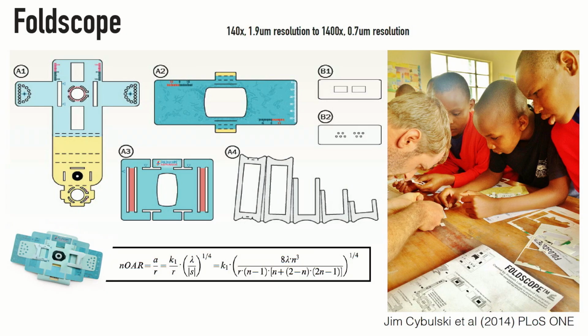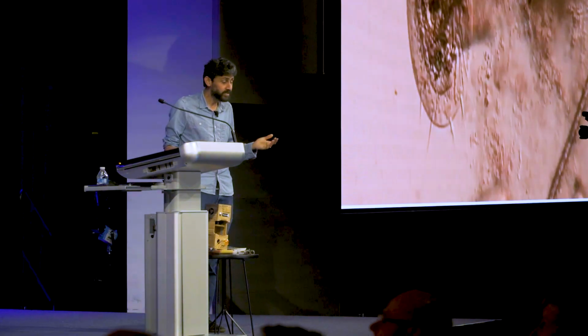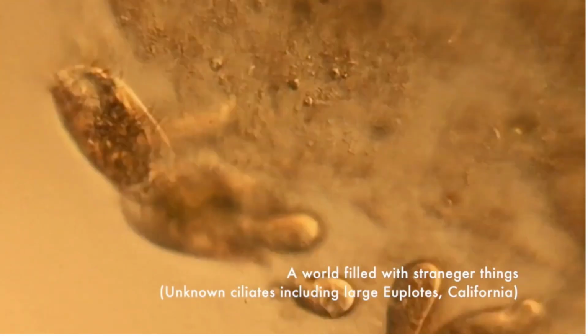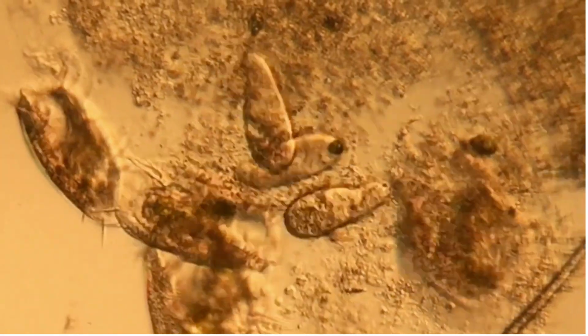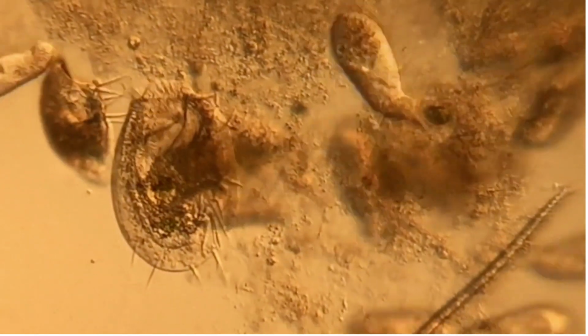Almost 10 years ago, we built a tool, literally using a flat sheet of paper to put together a microscope. I was excited about the idea of democratizing microscopy. We put a price point on it: for $1, anybody in the world should be able to see a bacteria. We actually did that. This is footage from one of the microscopes. It doesn't require any batteries or cell phones. If you have a cell phone, you can collect data on it.